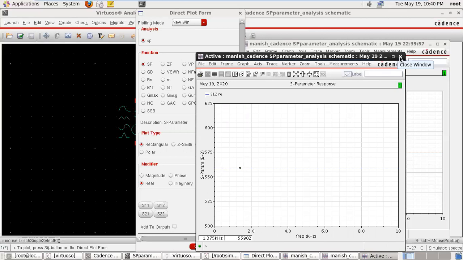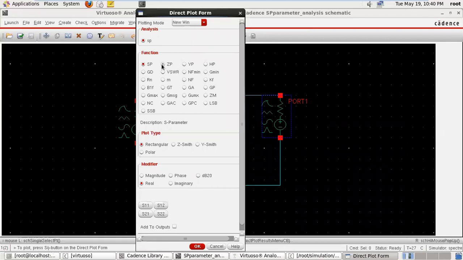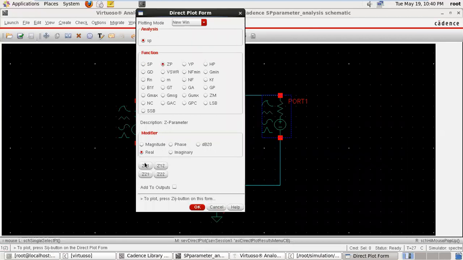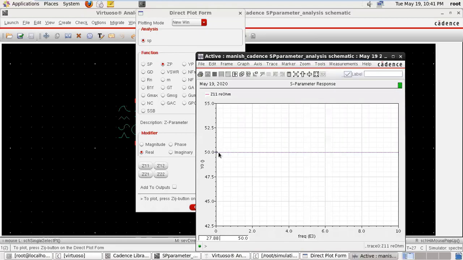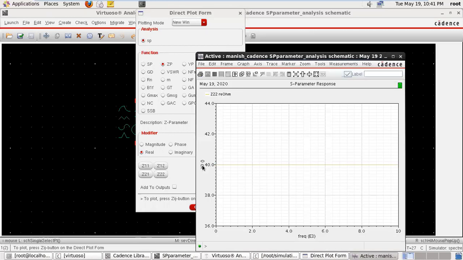So the parameters remain the same. Suppose if we want to measure the impedance, you can go to the Z parameter, Z11. In the Z parameter, I1 and I2 are independent variables because we are considering two ports, and V1 and V2 are the dependent variables. The Z parameter represents the impedance matrix. So Z11 represents the input impedance, equivalent to 50 ohm, the ratio V1 upon I1 of input voltage to input current with V2 equal to 0. This is Z22, that is 40 ohm.